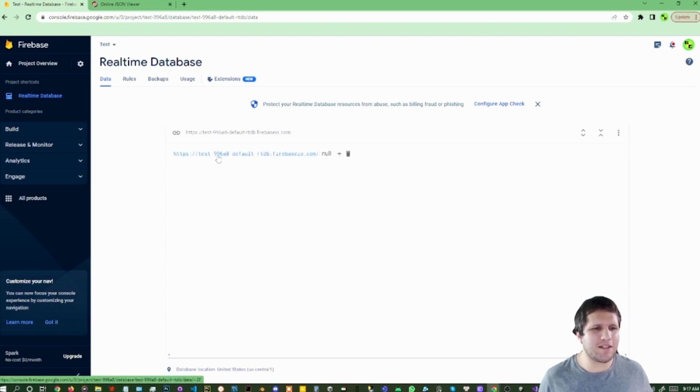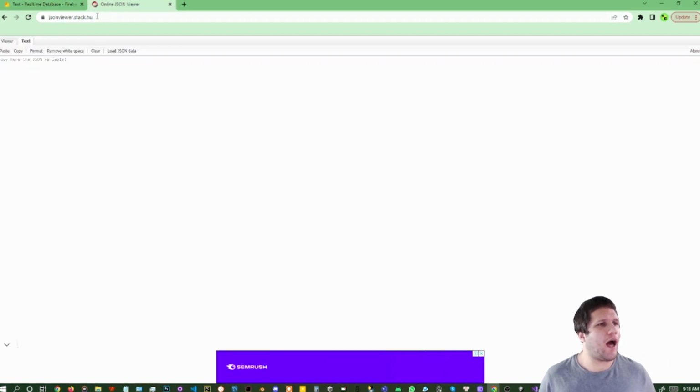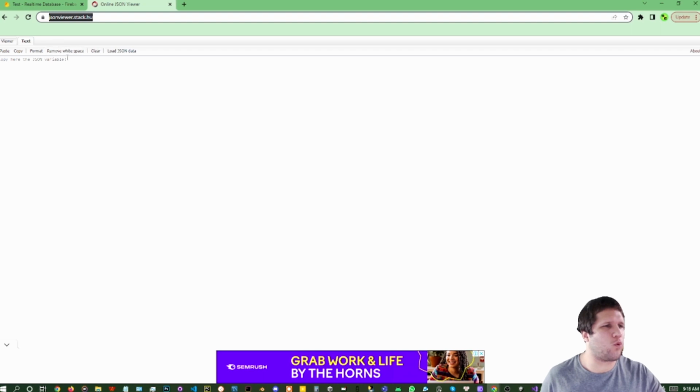And what the database does is store data in JSON values. The rules that you write are also in JSON values as well. If you need some help with JSON, if you have no idea about JSON, there are two things that I recommend. The first thing, I always use this website,